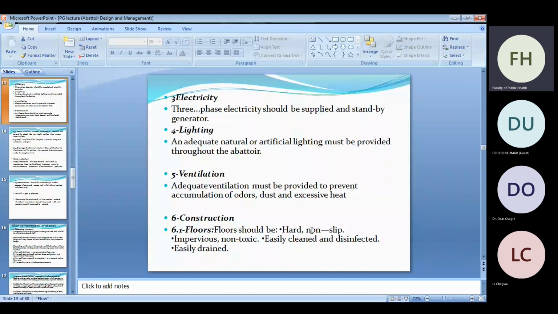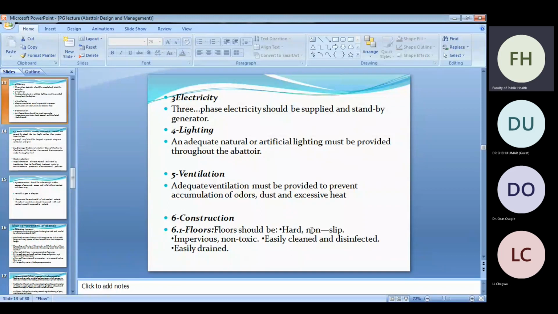Adequate lighting. Adequate natural or artificial lighting must be provided throughout the slaughter place. That is very essential for adequate ante-mortem inspection and post-mortem inspection. You'll be able to see well, to be able to use your senses to make a proper